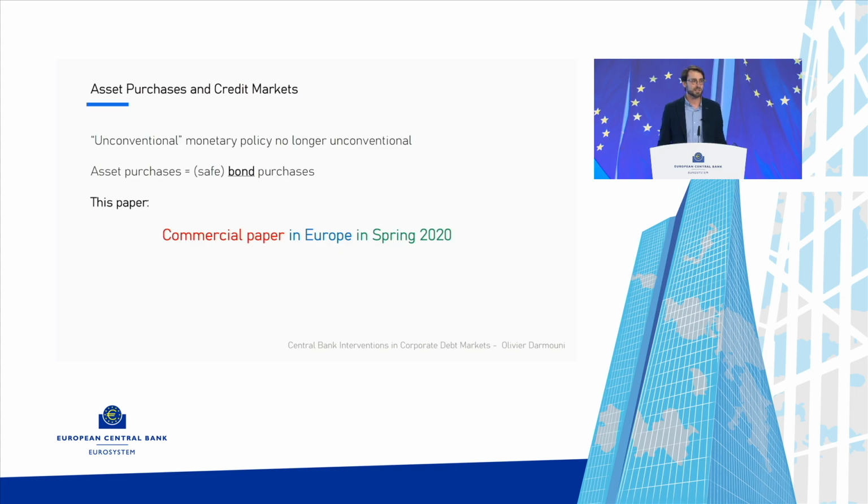So what are these assets that are being purchased? Let's be very concrete. These are overwhelmingly bonds, and safe bonds at that. Commercial paper is kind of rare. It's a little bit different, being extremely short-term and issued by corporates. So there are going to be some interesting things to see in how that fits in the broader picture, and Johannes touched a little bit on that.